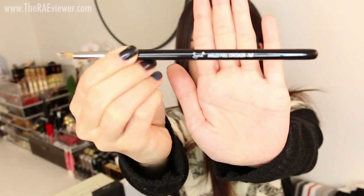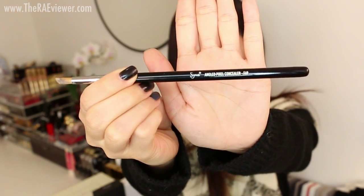So now for my blemishes, I like to use a spot concealer brush, and I've been using the Sigma Angled Pixie Concealer F69, one of their newer brushes for the season, and I highly recommend Sigma's new synthetic brushes. I just use my fingers for under my eyes though. And since we're talking about Sigma brushes, out of the 3 kits that they released recently, my favorite is the